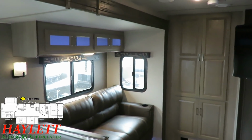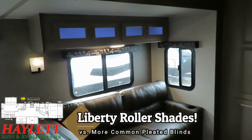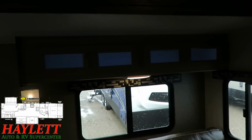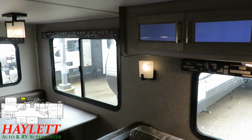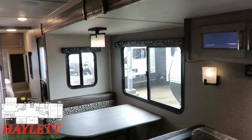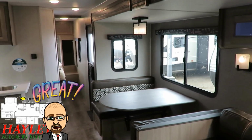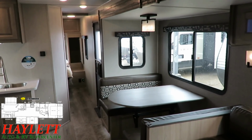All of our windows in a Liberty Edition will have the nicer roll down shades, a little more like a motorhome or a fifth wheel. You can see there's more of that LED accent panel lighting going on right there. And one of the cool things, if you're noticing, we are just absolutely loaded with campsite windows so that you get to see your campsite instead of either looking at the neighbors or drawing the shades because you don't want